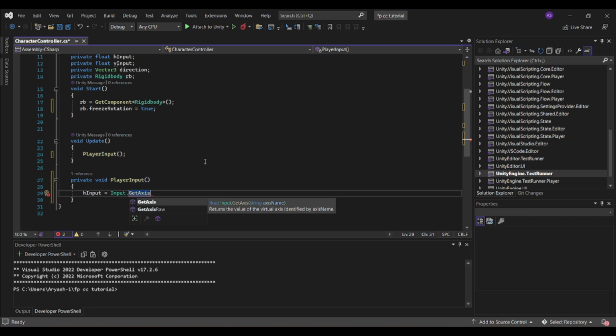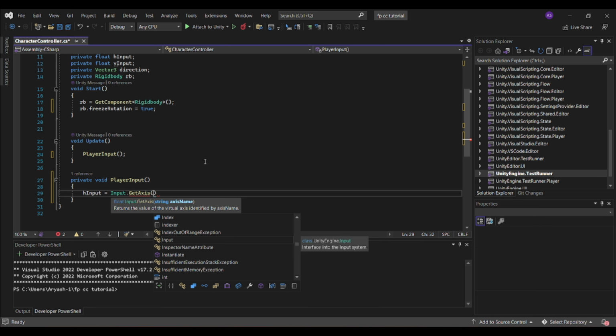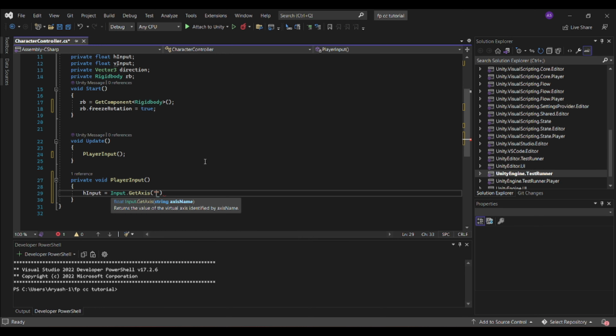So you can decide which one you want to do. But for right now, I'm going to decide to do get axis to give it a nicer feel to it. However, for extremely precise movement, like in platformers, you might want to use get axis raw. Now, let's put two quotation marks and type horizontal. Make sure it's exactly the way you find it in the axis, because it has to be like that so it can access the axis.